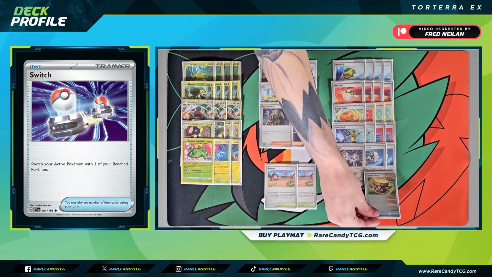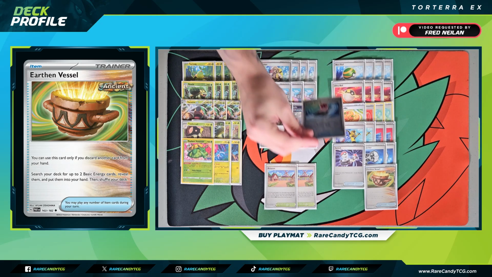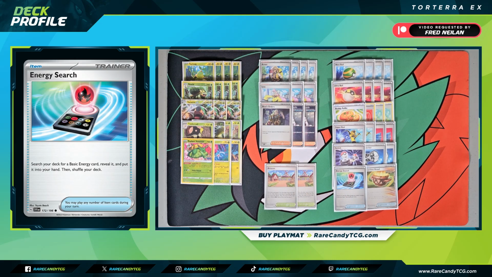Next up, we have a copy of Earthen Vessel, where we discard a card from our hand and search our deck for 2 basic energies. And if we don't currently have energy in hand, we do need a way to be able to search it out with our Arven. For that same reason, we also have a copy of Energy Search. Earthen Vessel is definitely nice for those turns where we do want to play down our hand a little bit more,